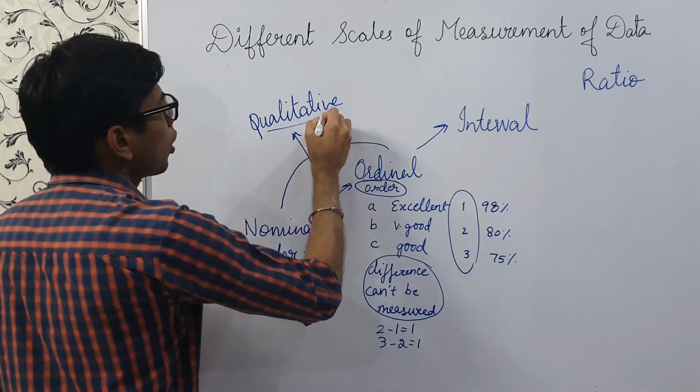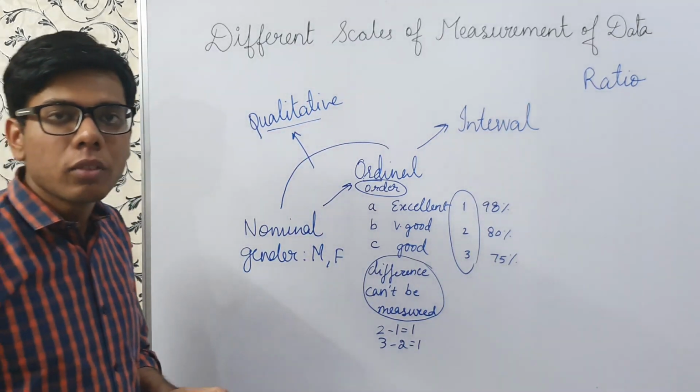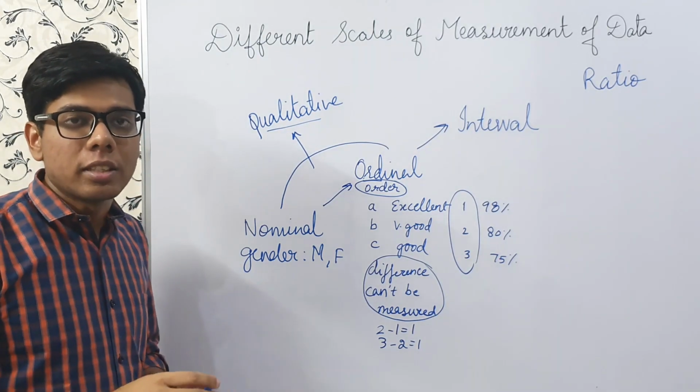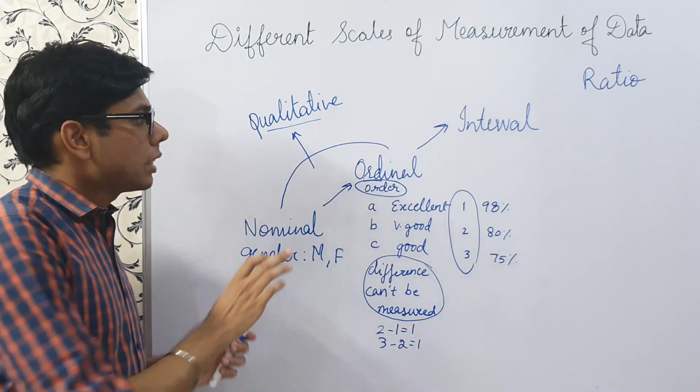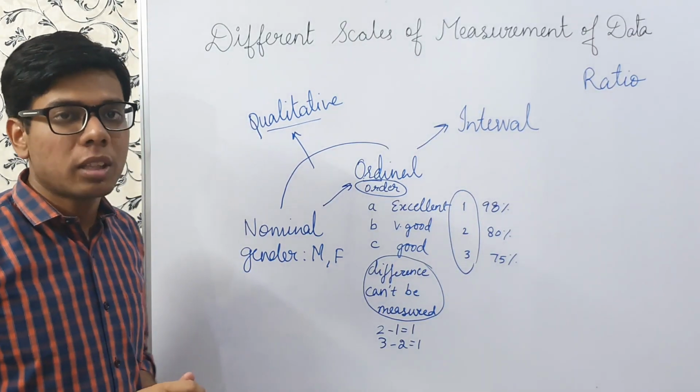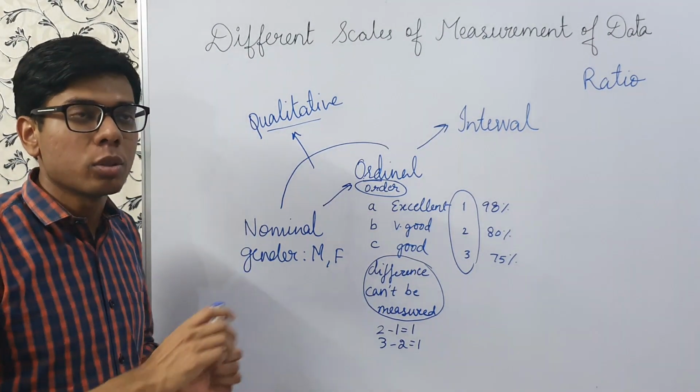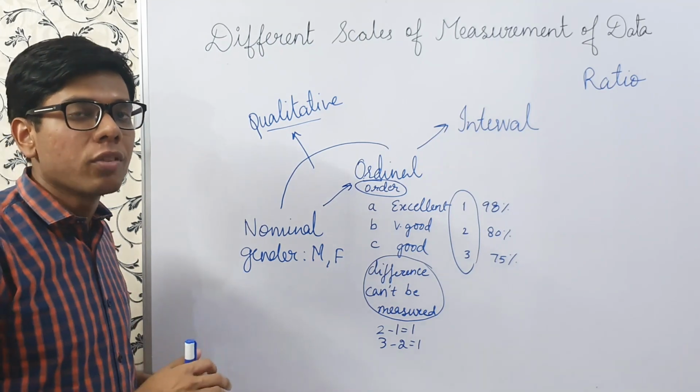Qualitative. Qualitative variable means the categorical variables that define the characteristics of any entity. किसी भी चीज के qualities या characteristics बताते हैं. For example, here gender is the variable, so they'll tell male or female. Color of eye of an individual.